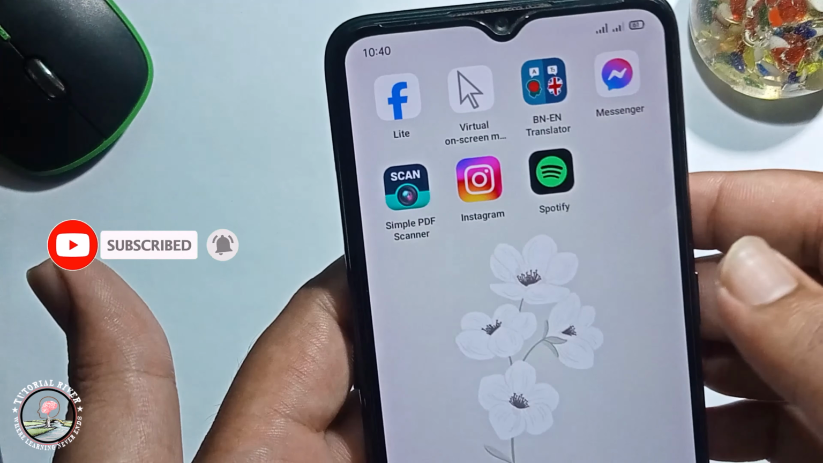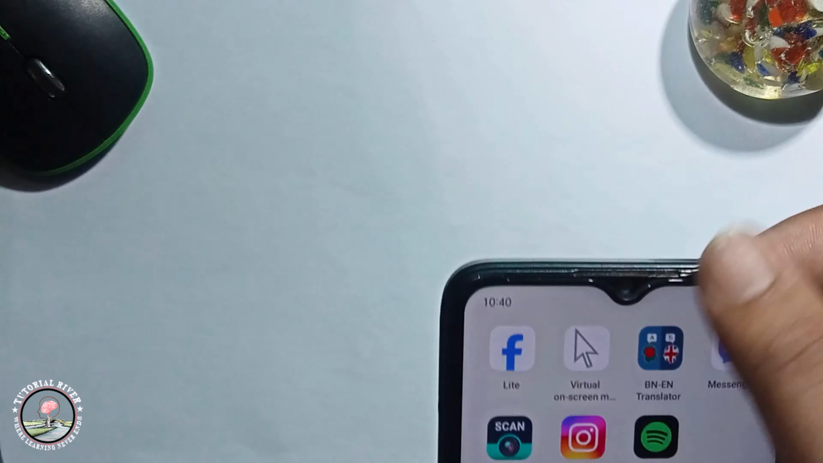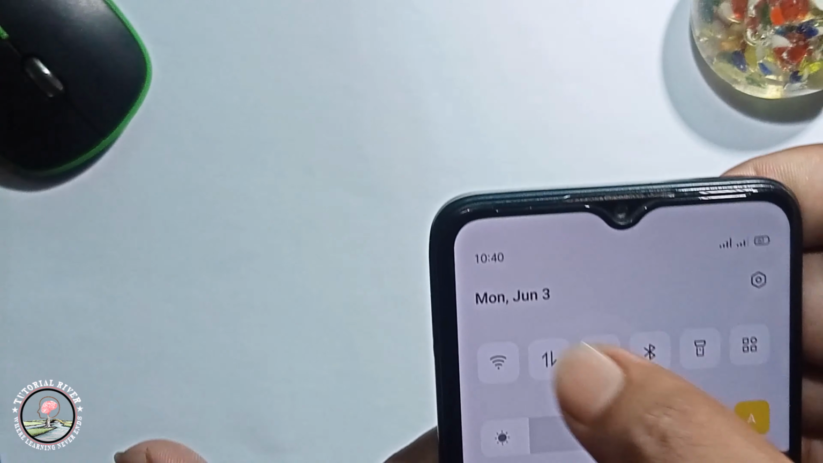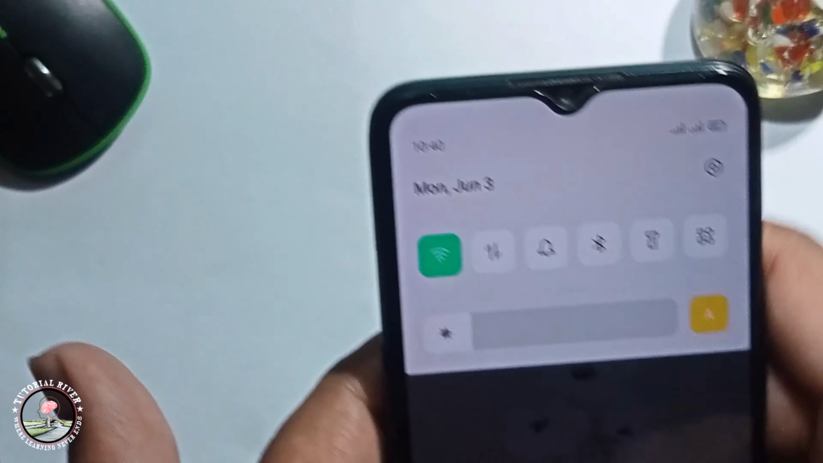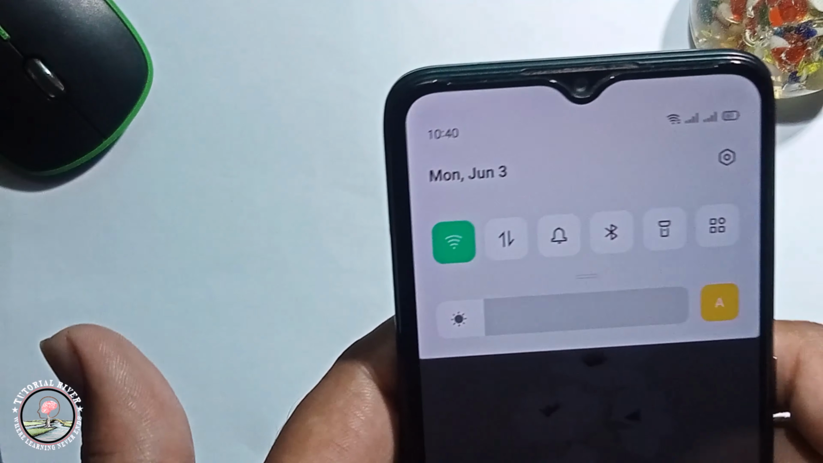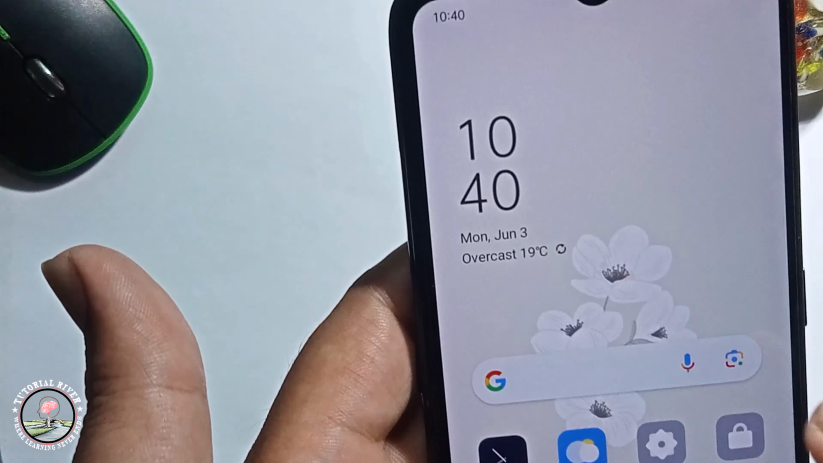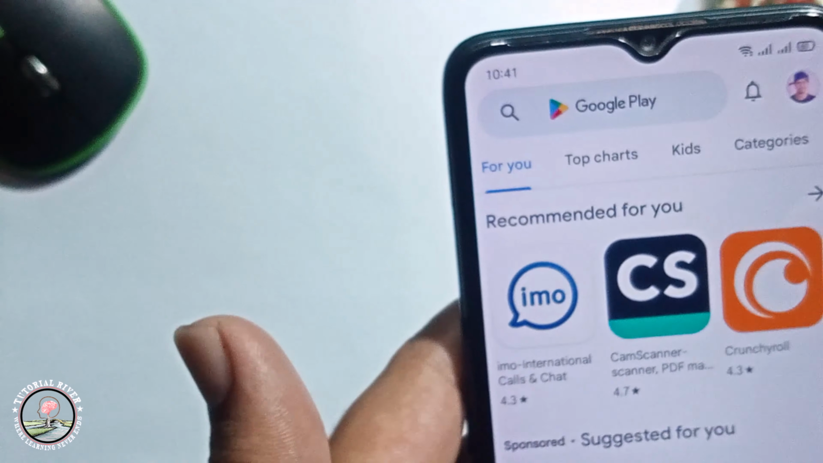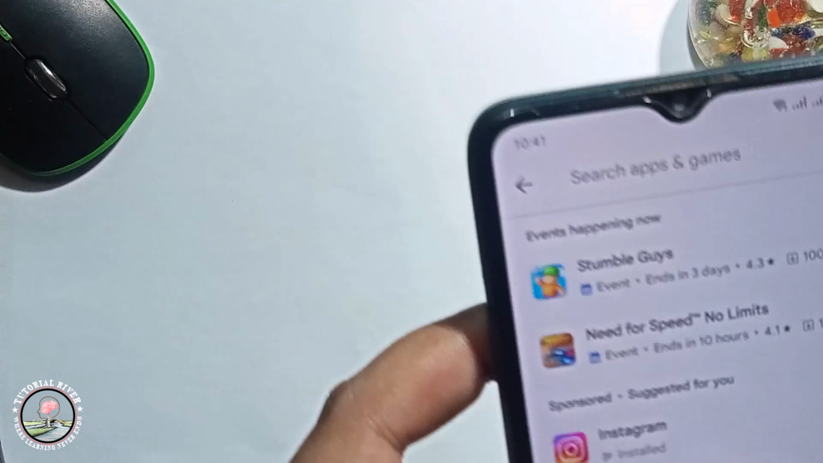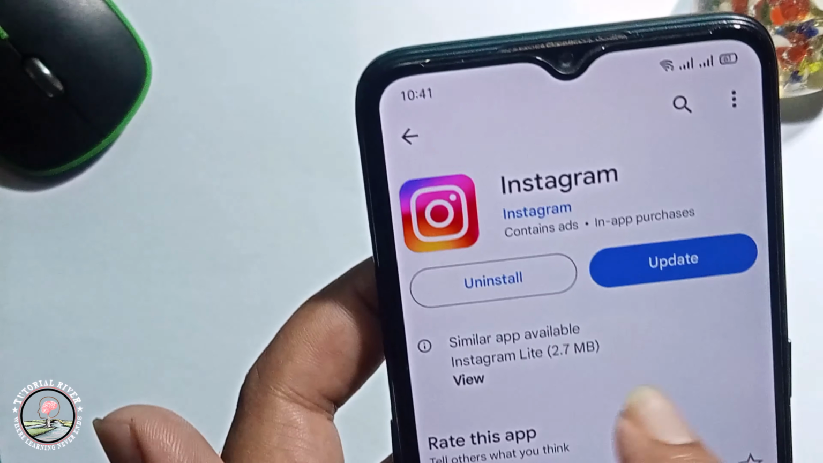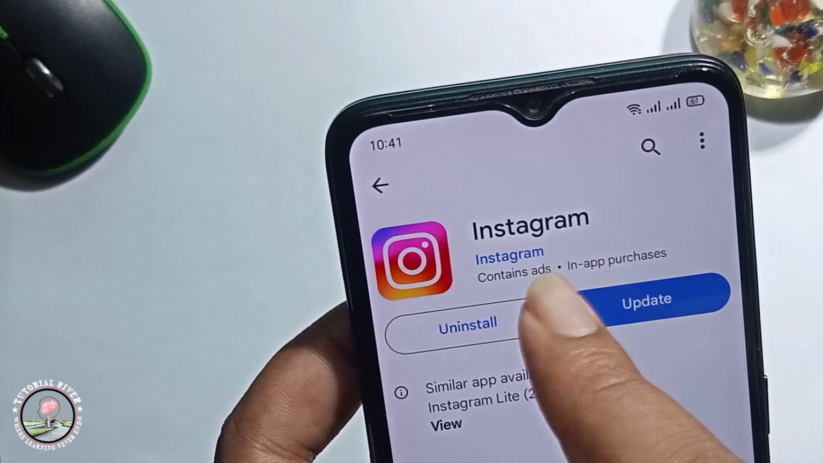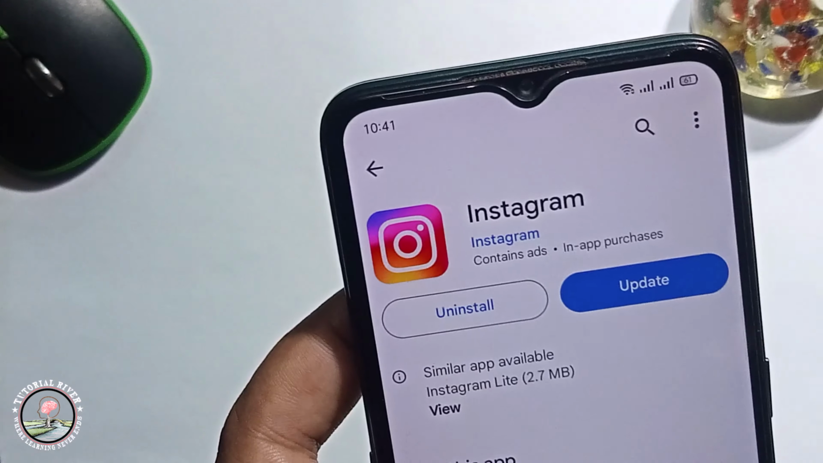You need to first make sure of your internet connection. Now I'm on my internet connection, and then the second solution is you need to update your Instagram. Now I've already updated my Instagram app, so go back,